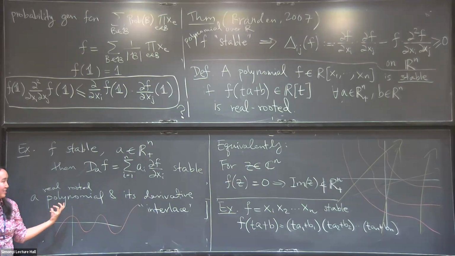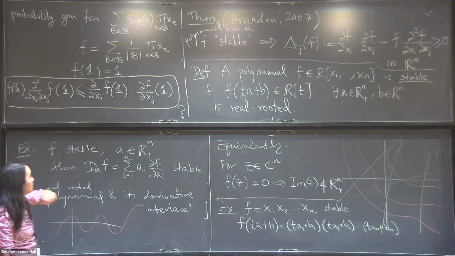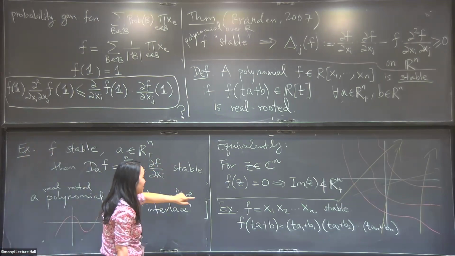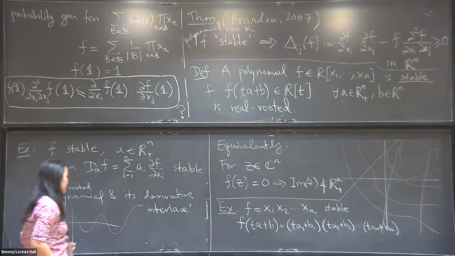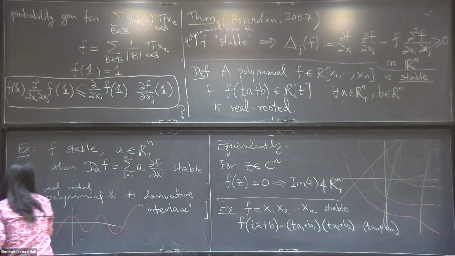So that means that the derivative also has only real roots, okay? And this is true in the positive directions. Right, so this already gave us some very nice examples. We know that the product of variables is stable. Its derivatives are stable. So we could